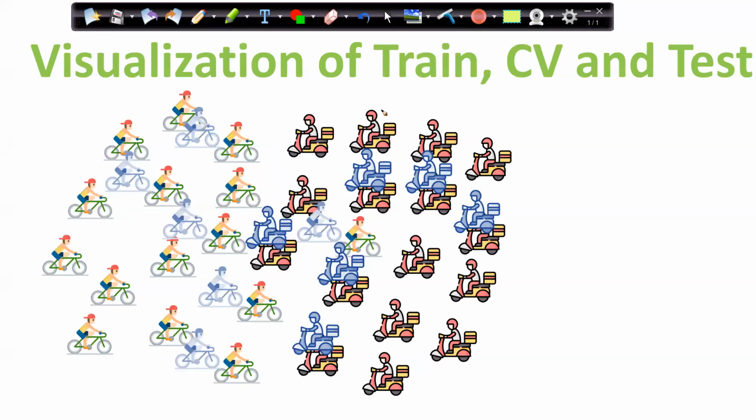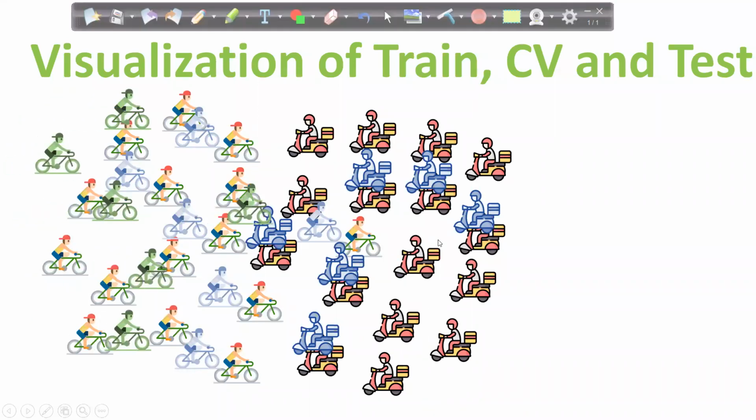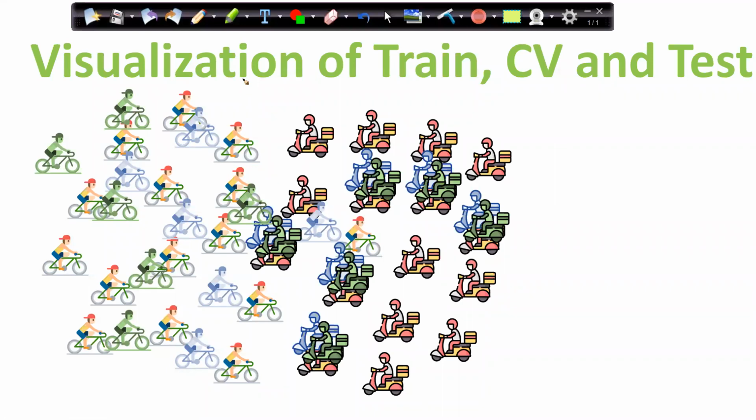But here the main agenda is to help you understand that if I want to visualize my train data, cross validation data, and the test data, they will not overlap. They will be different from each other, right? If I visualize my test data, this is my test data. If I come up with this straight line which I was creating, then here the prediction is perfect. All the cycles we have are cycles as per the predictions. All the scooters we have are scooters as per the predictions.